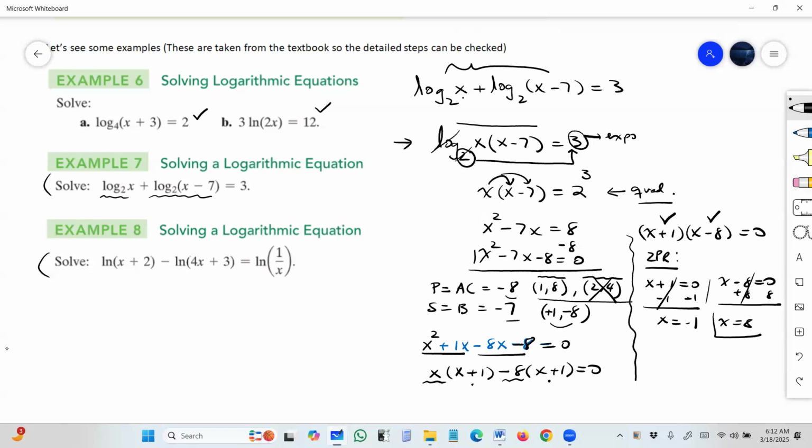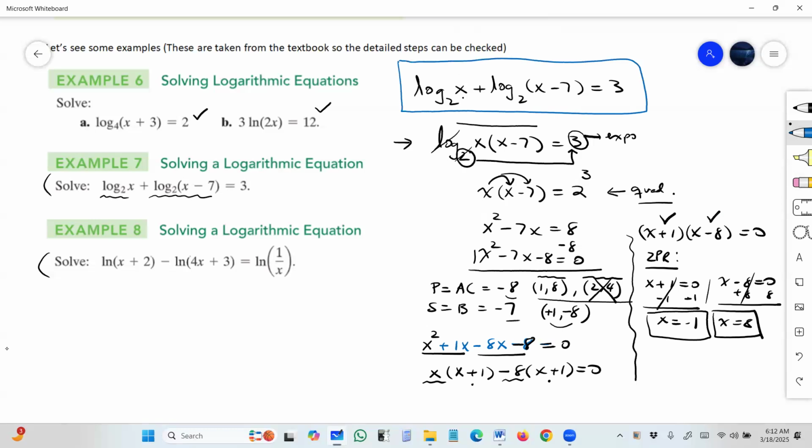I got two answers. They both have to be checked in the original. So I go back to the original and check. But notice that this is a soft check. I don't need to check if both sides are equal to each other. All I need to check is